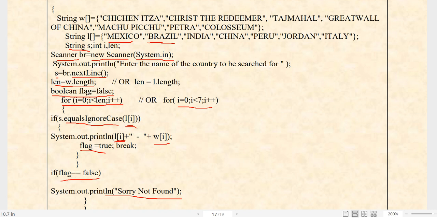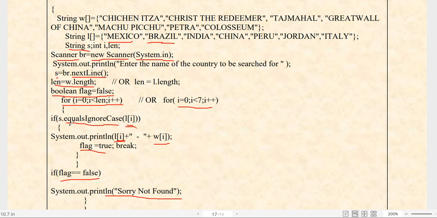Ultimately, this variable is used to check whether the element exists in the given array or not. If it is an integer and we have initialized it with 0, and inside the loop you change it to 1, then it should be checked like this: if the flag remains 0, then the "sorry, not found" statement will be printed. So it is not compulsory that you declare this variable as a boolean. This variable simply checks whether the desired element exists in the given array or not. So this kind of concept you have to follow. This is your logic for linear searching.